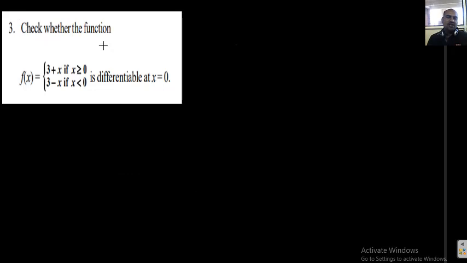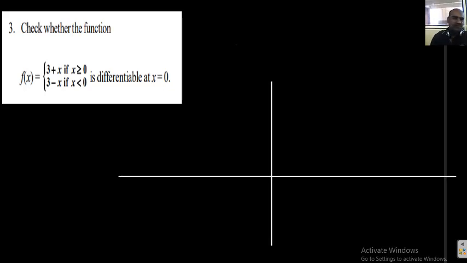Or you can use the graphical concept also, that is also important. I will show you, students, how to draw the graph. For all problems, there is no need to use all three methods. I am just explaining, that's why I am using all three methods. Okay, students. Now I want to draw the graph of both the functions.